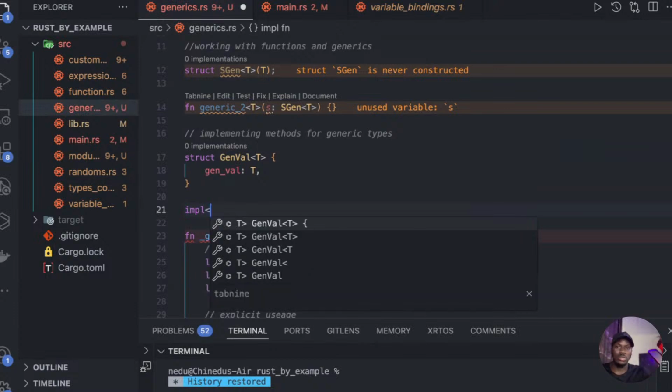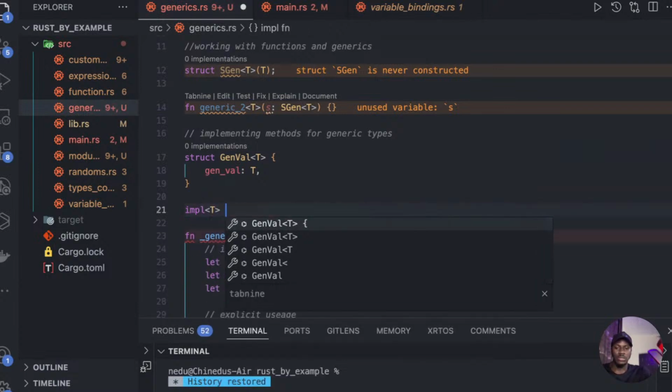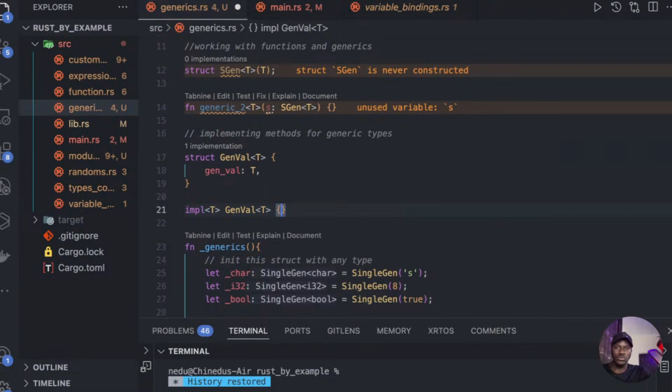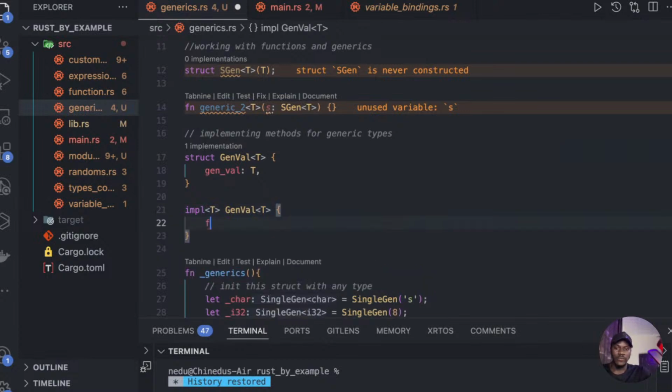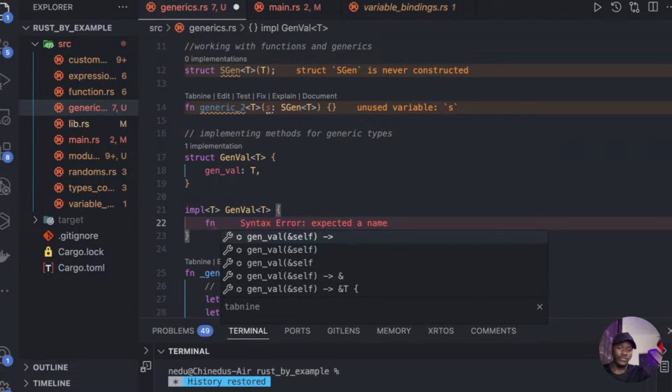So the first one, we're going to start with the first one, which is generic type. First we'll pass generic type for the T implementation, then we'll say GenVal. So we'll pass the GenVal with the T, and here we'll write a function. This function is going to be called fn. We're going to create a function called value,